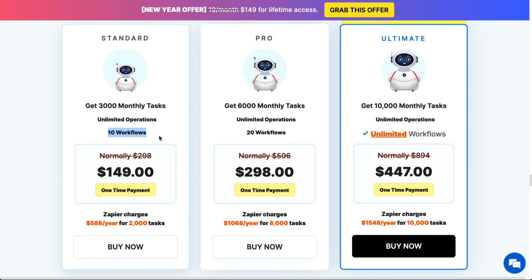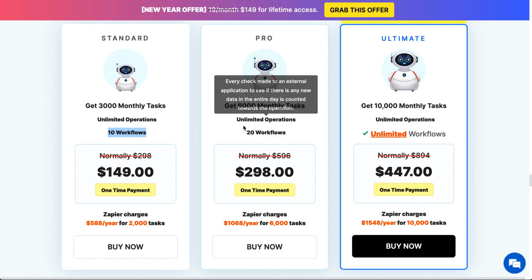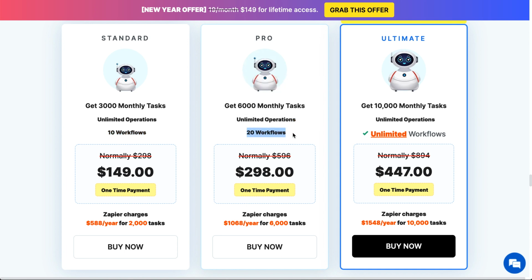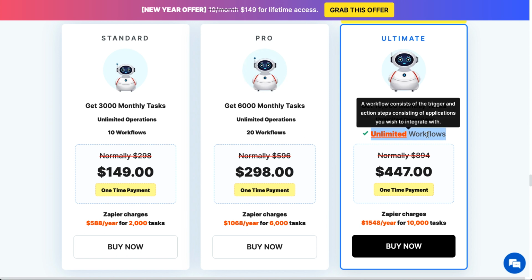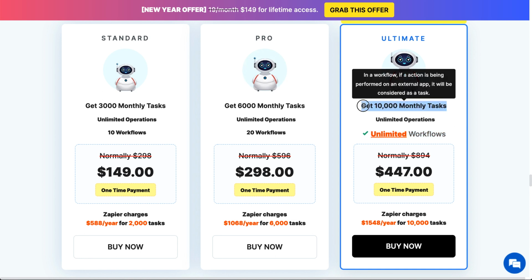Now, I am a very light user of this at this point, but there are heavier users. So you can get 20 workflows or unlimited workflows even. So if you got this one, you're only paying $447, and again, Zapier charges $15.48 a year for 10,000 tasks. So this is unlimited workflows, but it does cap out at 10,000 tasks.